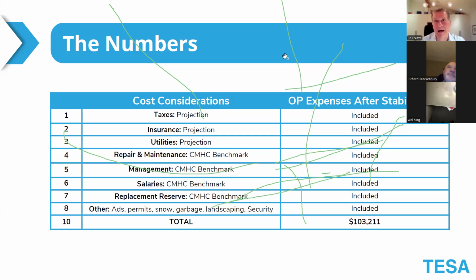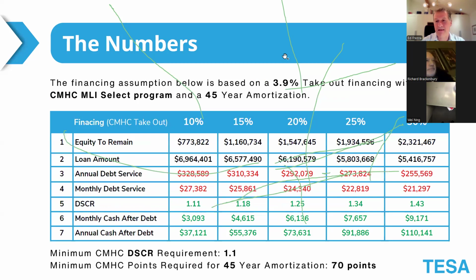Management, if they take this building back and somebody else has to properly manage it, there has to be a line item for that allocation, even though you might decide on completion to manage the building yourself. Salaries, replacement reserve. Replacement reserve deals with the 5 appliances: fridge, stove, dishwasher, washer, and dryer. 5 appliances per unit. CMHC says, heck, at some point, these appliances have to be replaced. I want you to have a reserve fund. So they use 190 per year per appliance in that regard. So you can see how these numbers are not just kind of picked out of a hat willy-nilly. There's real structure behind it. So if we put everything together now, this is what it looks like.